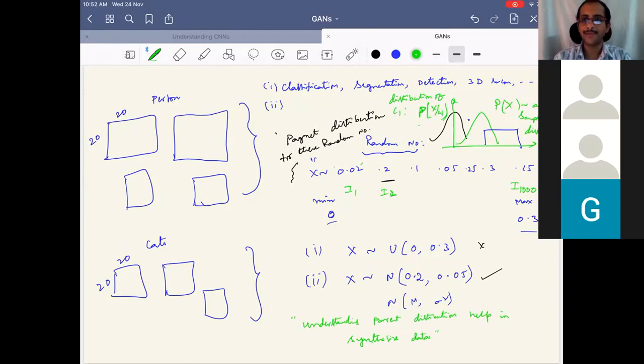Say I have been given 100 random numbers. From that, I have captured the distribution from which these 100 random numbers have come. Once I capture it, how many samples do you think I can generate? Once we know the distribution, we can generate any number of samples. We can generate an infinite number of samples. So that's where the greatness, or the credit, of these generative adversarial networks lies.